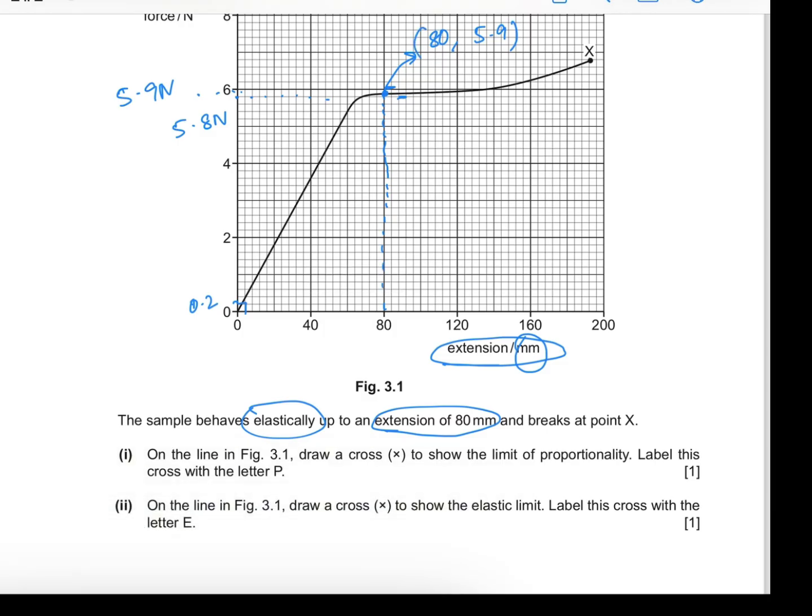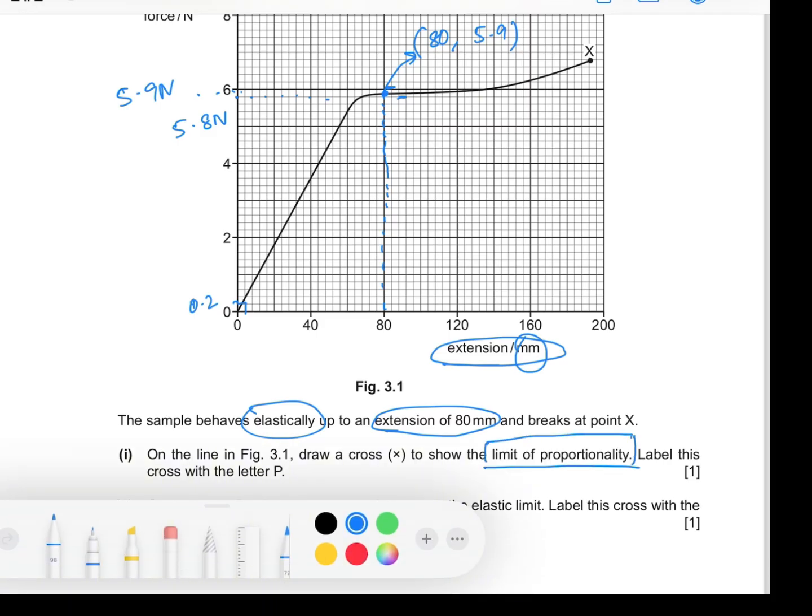On the line in figure 3.1, draw a cross to show the limit of proportionality and label this cross with the letter P. What's the limit of proportionality? It is the point up to which an object will obey Hooke's law. How do you know an object is obeying Hooke's law? It will have a force-extension graph that passes through the origin and is a straight line, and as long as the line remains straight, it is obeying Hooke's law. As soon as the graph starts to curve or obtain another shape, it will have reached its limit of proportionality,